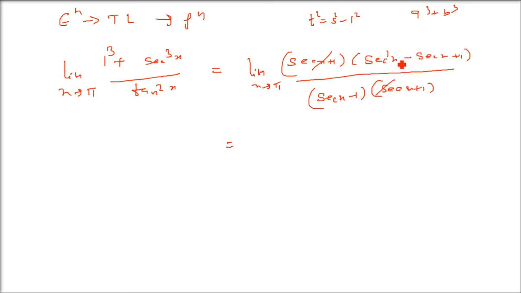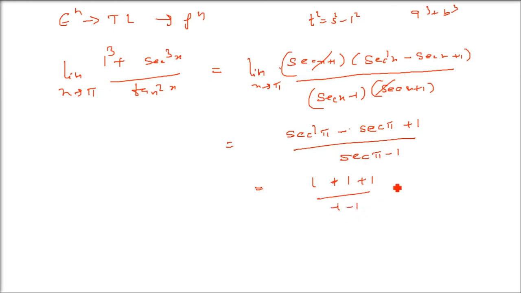And whatever is remaining, because we know sec pi, because x tends to pi, sec pi is minus 1. Sec 180 degree is minus 1. So you can just put this minus 1 here. Okay. And then you get the result: sec square pi minus sec pi plus 1, over sec pi minus 1. Sec pi is minus 1. So you have minus 1 whole square, 1, and then minus of minus 1, that is plus 1. Plus 1 by sec pi minus 1. Minus 1 minus 1. So minus 3 by 2 comes. This is just an example of how to do this using the factorization method.